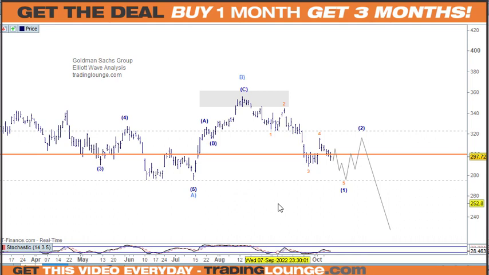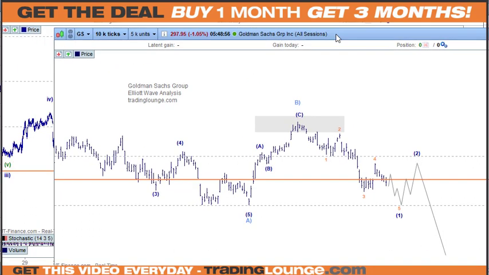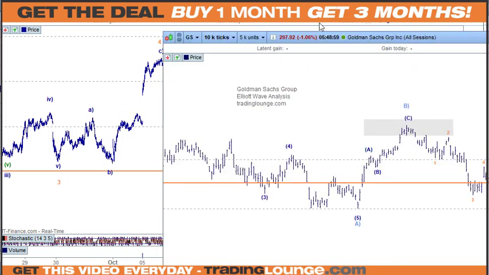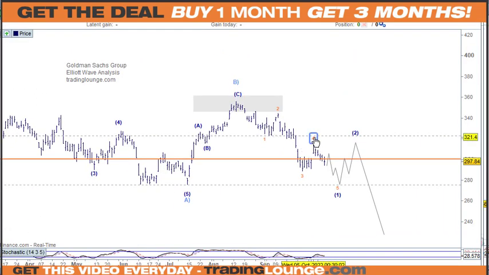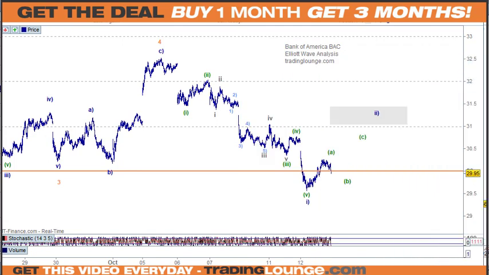Yeah, so anyway, this is Goldman's 1, 2, 3, 4, 5, and 1, 2, 3, 4, 5 for 1, ABC for 2, and then down again. Pretty simple on that note. And so picking it up from this wave 4 here, when we look at BAC, we don't need to look at 1, 2, 3, we're just looking at 4 and down here. So that's just where we're picking it up from. So wave 4 over here.